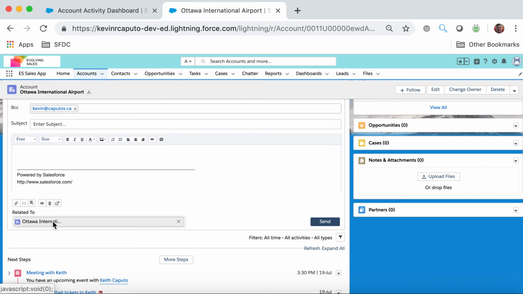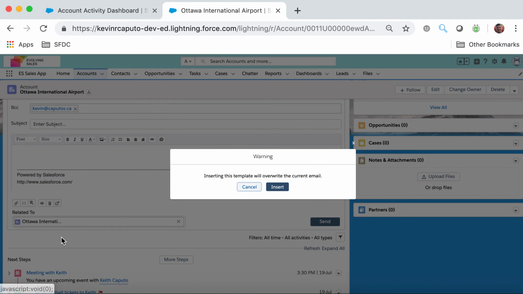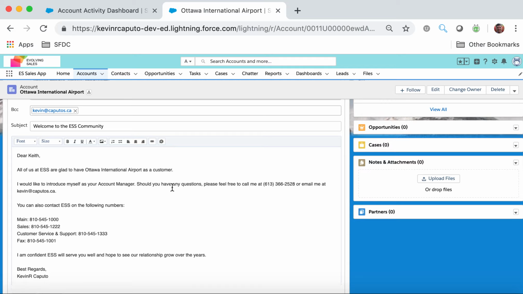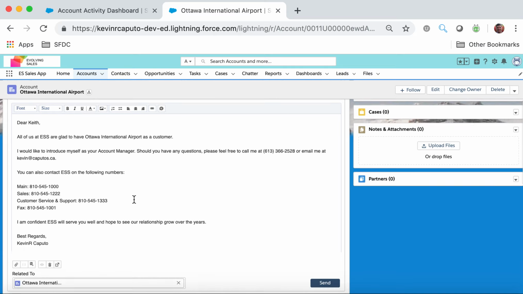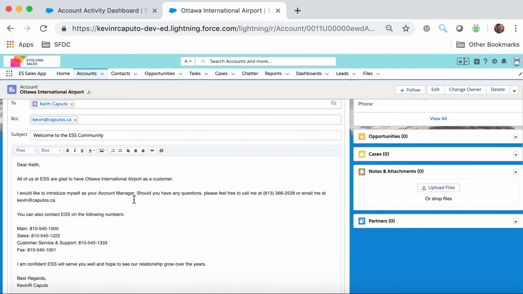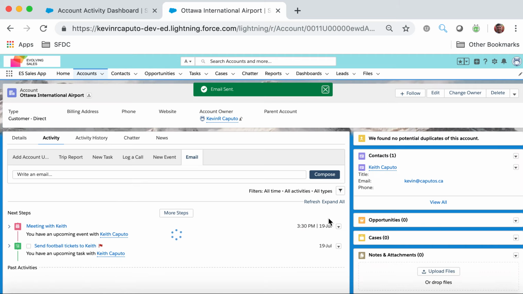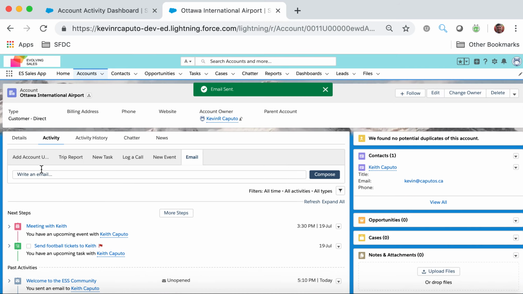And then I'll select the template. And here it pre-populates Keith's name in here. It puts in the company name, and so on and so forth. And then I would click on send. So those are the activities that I just quickly created today